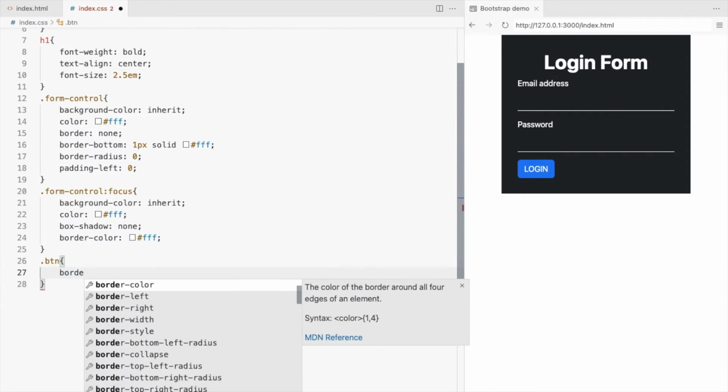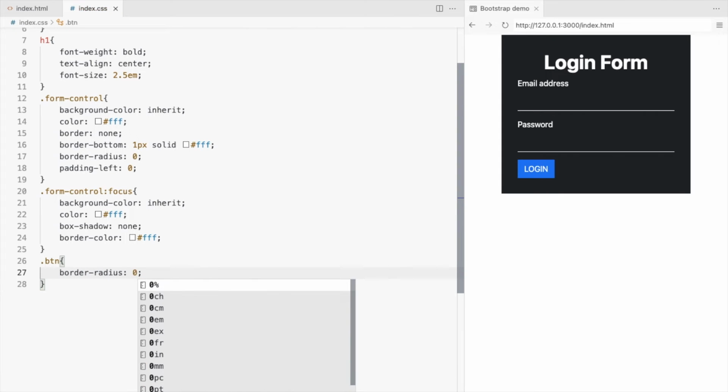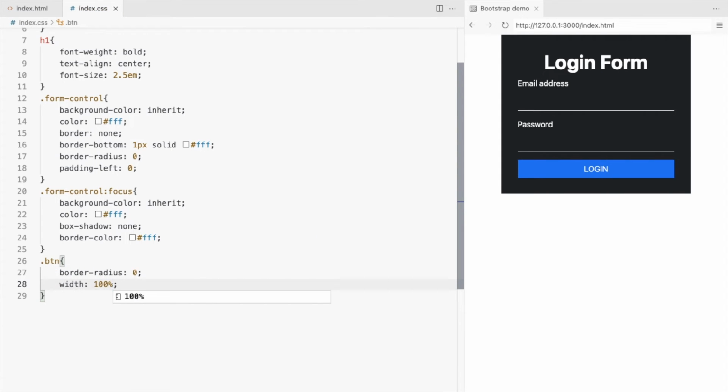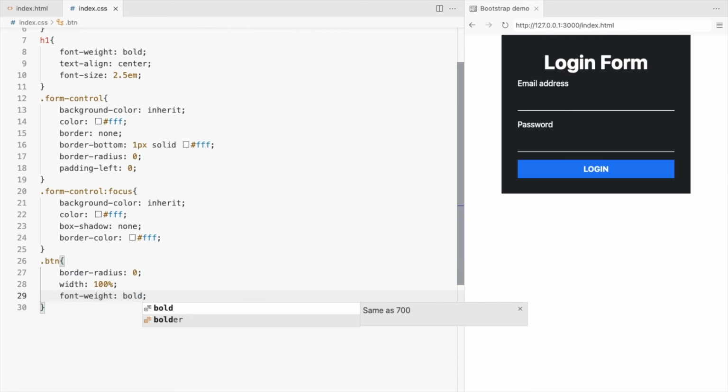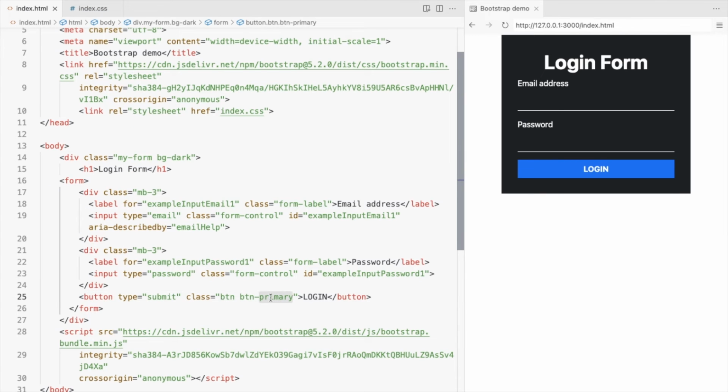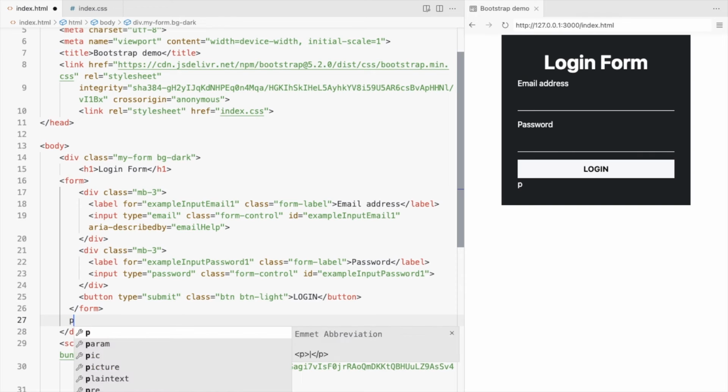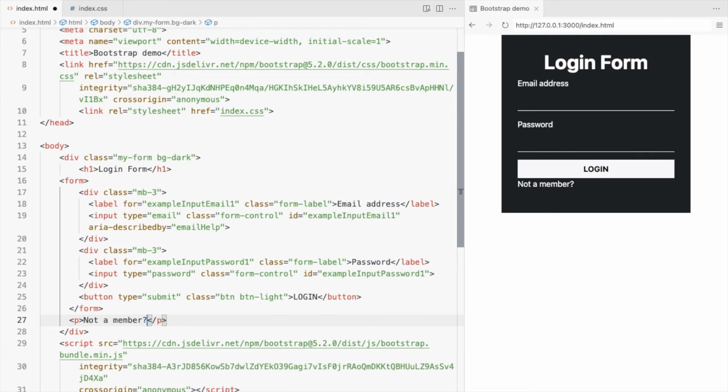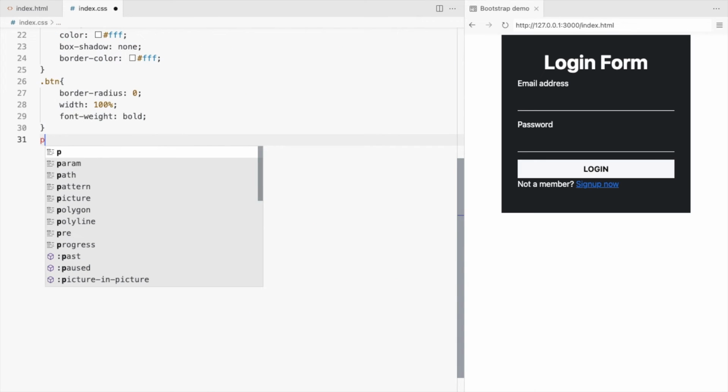Let's style the button. Lastly, let's add a sign up link and add some styles to it.